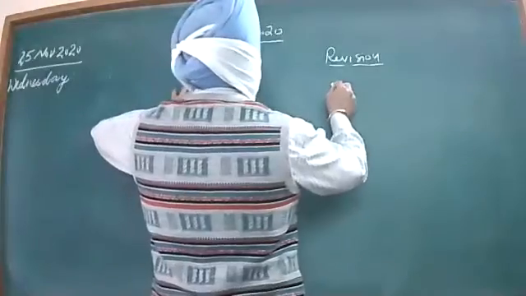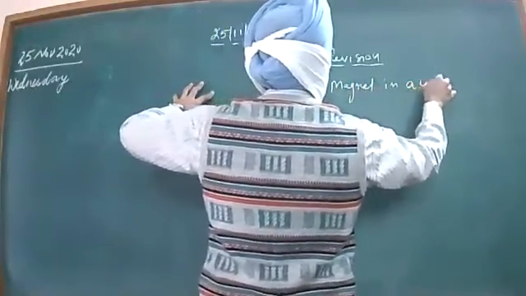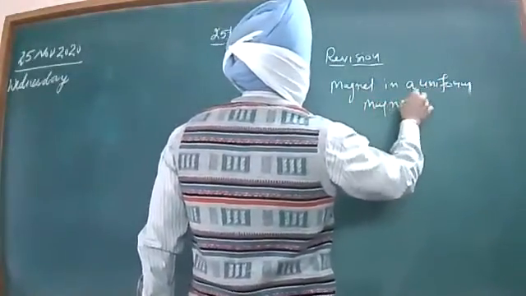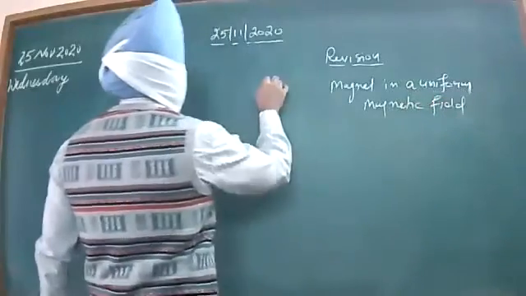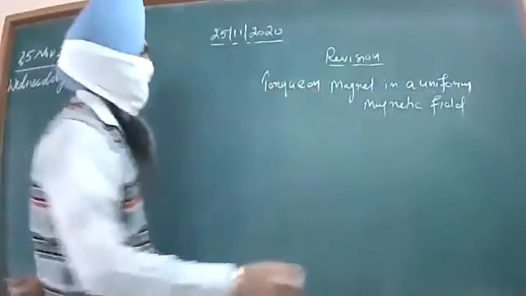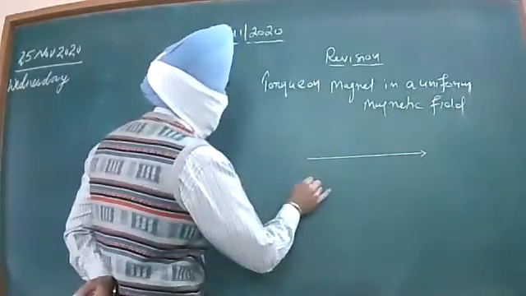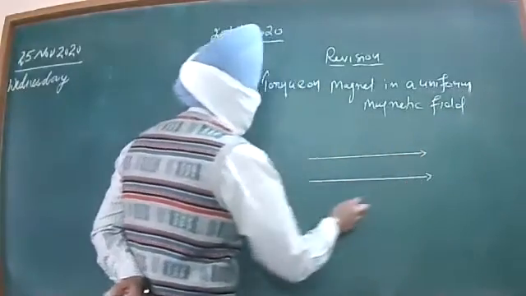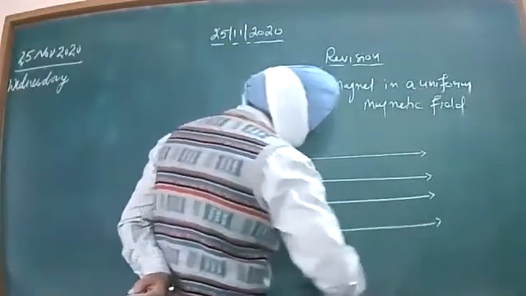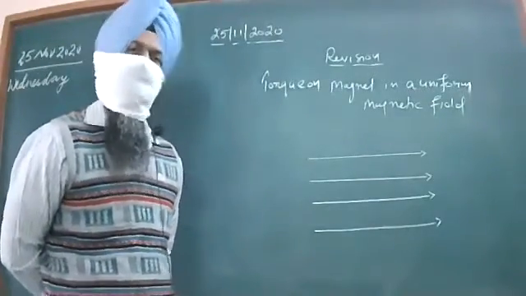Now let me take a magnet in a uniform magnetic field. Rather, I was to talk about the torque acting on a magnet. Imagine this is the magnetic field acting in this particular plane. The magnetic field can be in the plane of the paper, in the plane of the board, or it can be perpendicular to the plane indicated. It can be directed inward as well as outward.